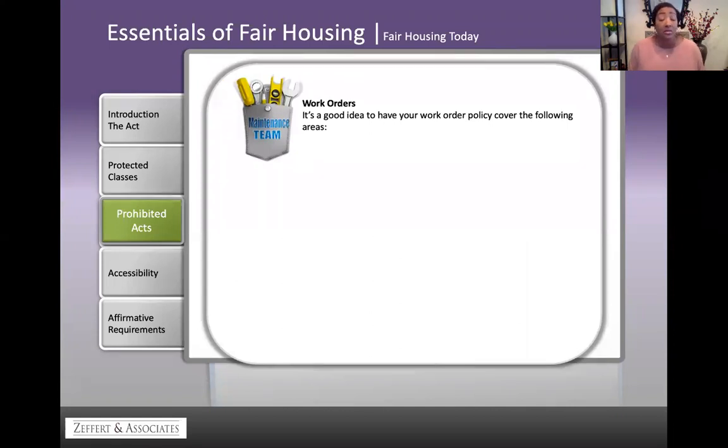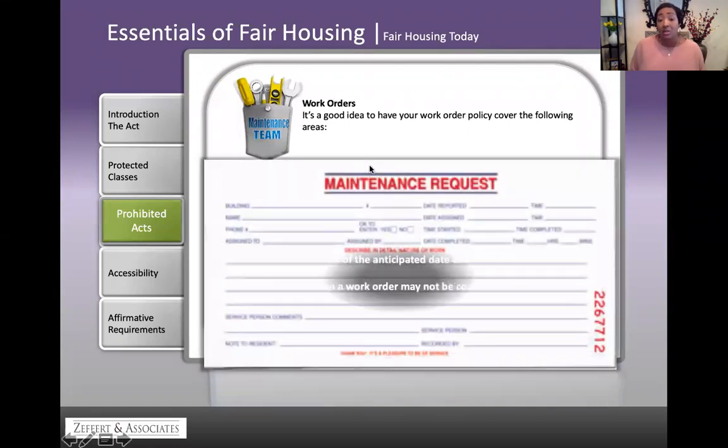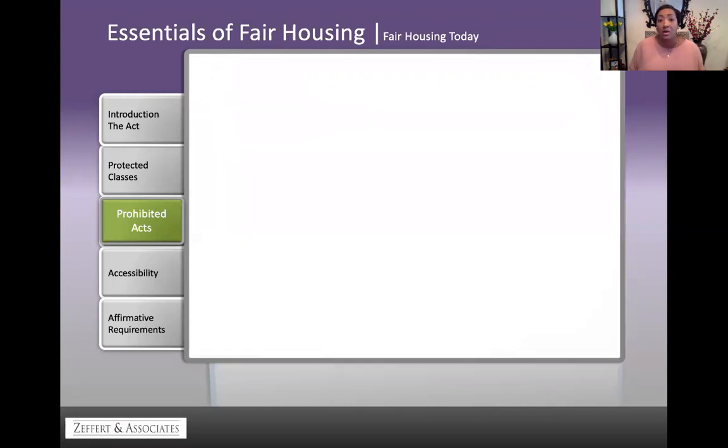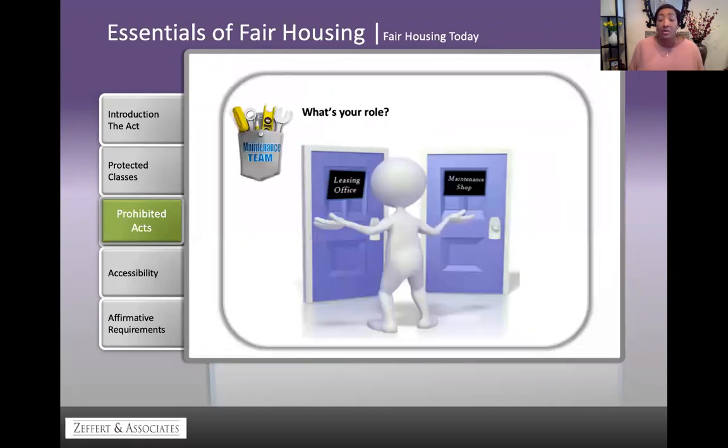Actually, we started talking about your maintenance teams, discussing how vital they are to the compliance health at your property for the work that they do, the order in which they must do it, and their interaction with the residents. And I had mentioned work orders and making sure that your maintenance teams, whether they're new or whether they've been in the industry for a while, know what those written policies are at the community for how business should be conducted with regards to answering work orders.